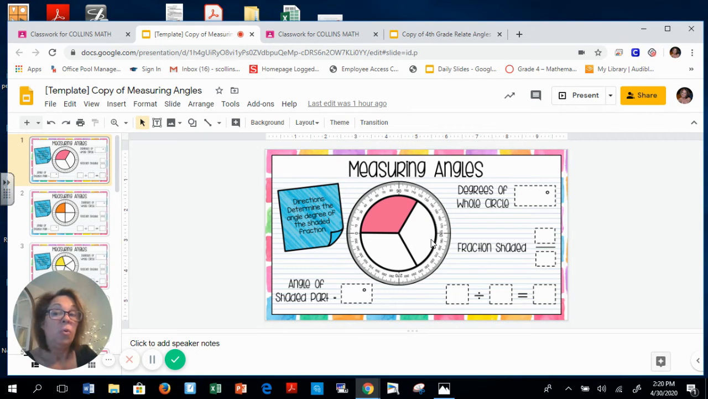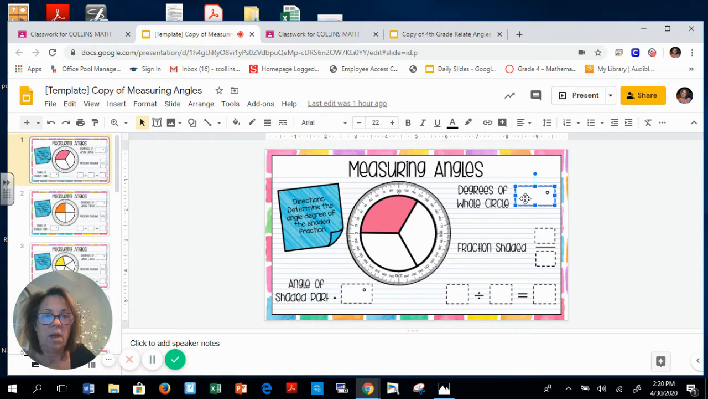I'm going to do this first slide with you so that you understand what they're asking. Degrees of a whole circle. Every single circle is 360 degrees. So every time you go from 12 o'clock all the way around back up to 12 o'clock, a full hour on a clock, that is 360 degrees. So for degrees of a whole circle, I would click there and type in